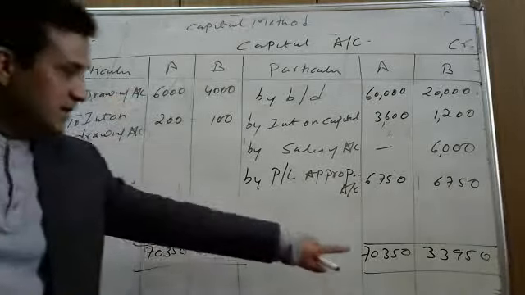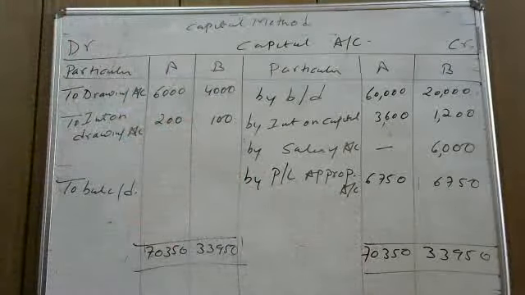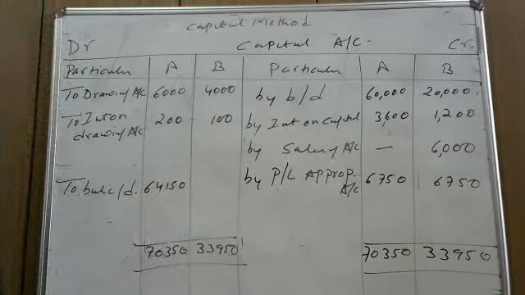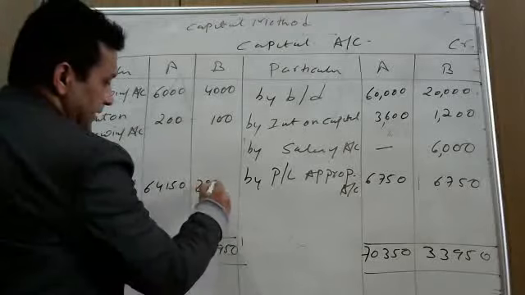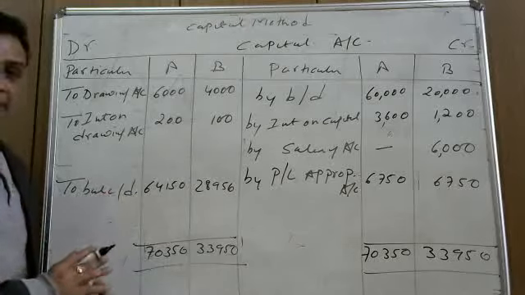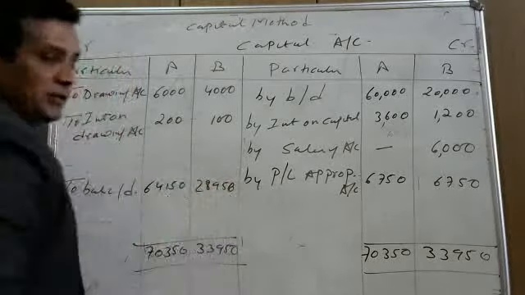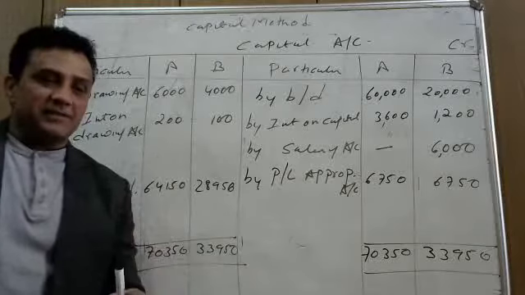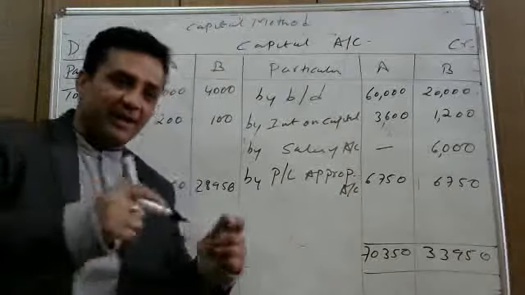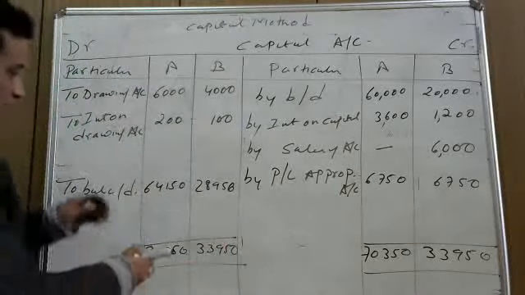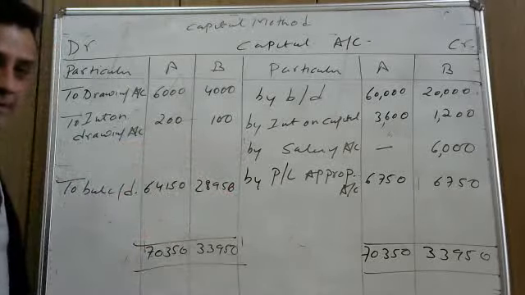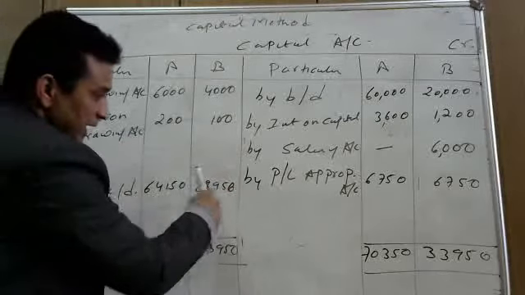The capital balance is 70,350 minus 6,200. We get 64,150, and for B we get 28,950. The closing balance. So this is a fluctuating capital method under which we are able to find out what the end balances of A and B are. Now, if you compare the fluctuating capital account and current account, you are able to understand this. The total of fixed plus current of A is 64,150. Please check it. And the total of B is 28,950.